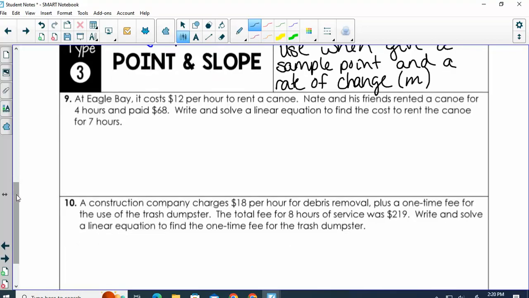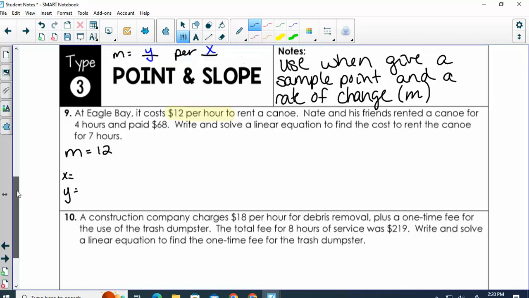Eagle Bay, it costs $12 per hour to rent a canoe. So let's stop right there. $12 per hour. What is that? A slope, because it's a per. So I know that my slope is 12. And I could also tell right now what my x and y are. When I look at this,